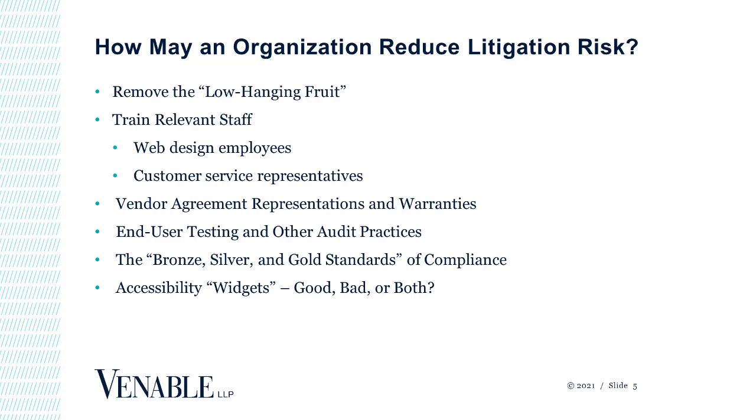And the answer to the client's question in that scenario is almost always no. It's almost always no, you don't have to fix all 98 things. The ADA doesn't require that all access barriers be removed. There's an undue burden exception, and the law allows for alternative means to access. So fixing all 98 barriers in that situation, which would be that gold or Rolls-Royce standard, that's not usually what's required, and it's almost certainly not going to be practical. Your organization is just going to spend a lot of money fixing things, some of which might not create a lot of litigation risk.